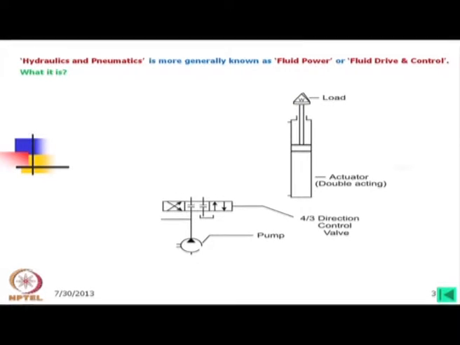Now, what we can introduce, this is a valve which is named as 4/3 directional control valve. I shall describe later what is meant by 4/3 direction control valve, but looking into this, what we find that pump is connected to one port, and then there are two ports at the top and another bottom ports which is apparently draining the oil. Now, we can connect this valve to the cylinder by conduit or pipe. Then one end is connected to the bottom, other end is connected to the top of the double acting actuator,